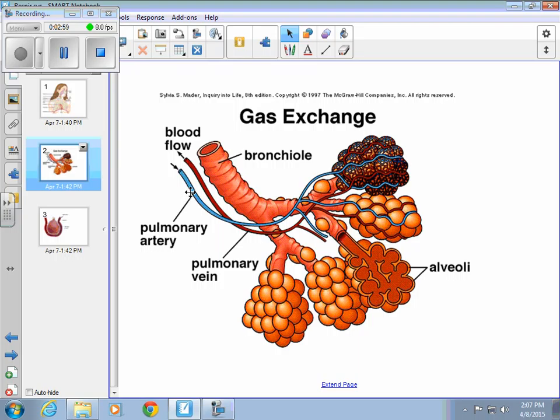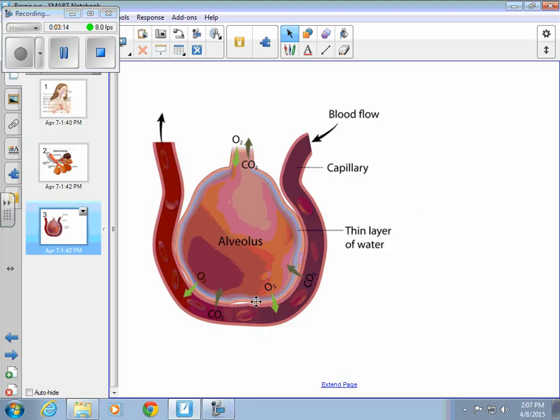The pulmonary artery is the blood vessel that's actually coming into the lungs. It's blue because it's showing that it's deoxygenated. And as it wraps around those alveoli, what's happening, and I'm going to get a closer view. Here's a view of just one alveoli, or we could call it an alveolus if you use just the singular form. As that pulmonary artery blood comes around that alveoli,